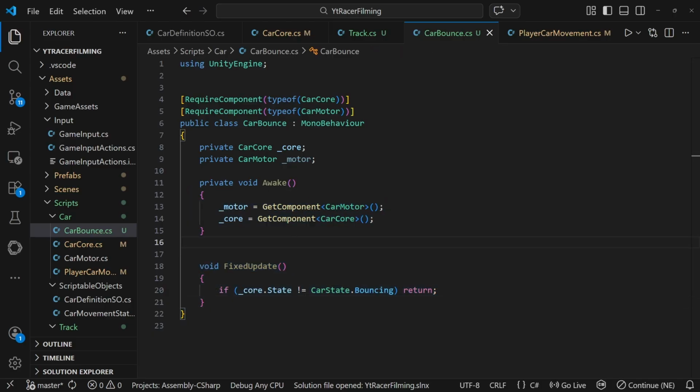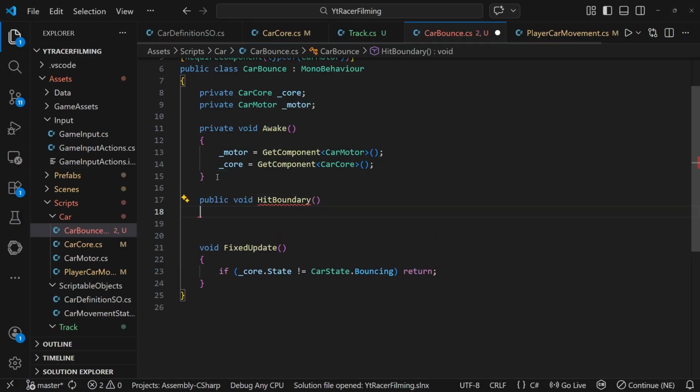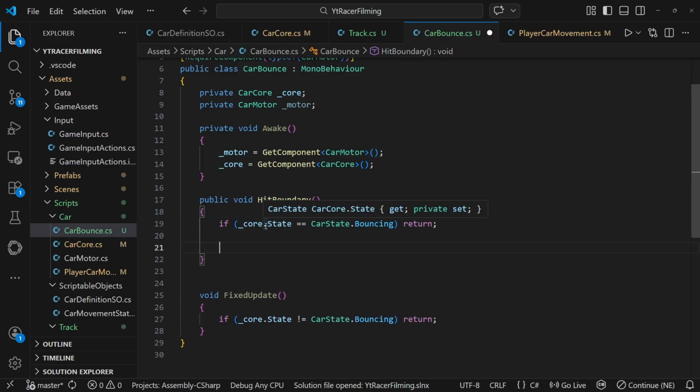What we need now is this hit boundary function. So that'll be a public function, which you'll see will be invoked from the track script when that gets hold of the CarBounce component. And that will add a little bit of a guard into here, with these collisions and so much going on in the game. We could get double collisions when we don't want to. So we'll say that if we're already in a bouncing state, not to do what we're about to do because we're already bouncing around. Otherwise, for now, what we're going to do is get hold of our motor